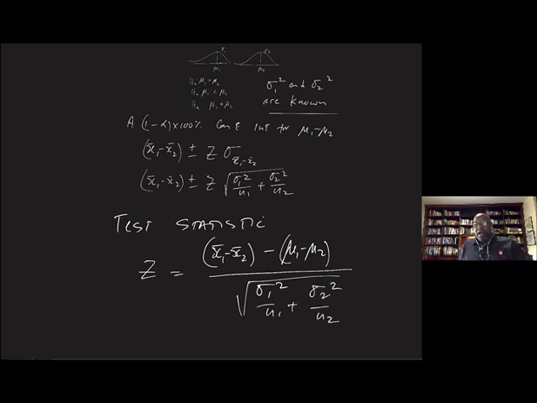Okay? Now, I'm just doing a quick review before I do the example, but really the details in terms of my explanation of all of this is actually in the video that I've already posted for you in the course outline. So that is when sigma 1 and sigma 2 are known. What happens when they are unknown? So if sigma 1 and sigma 2 are unknown,